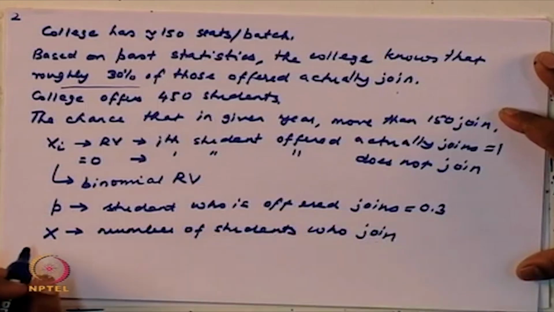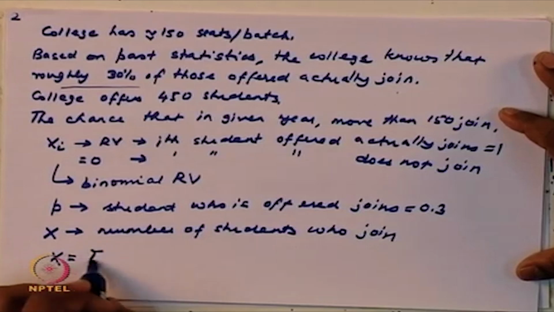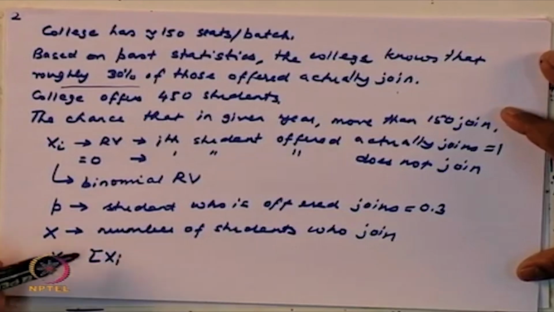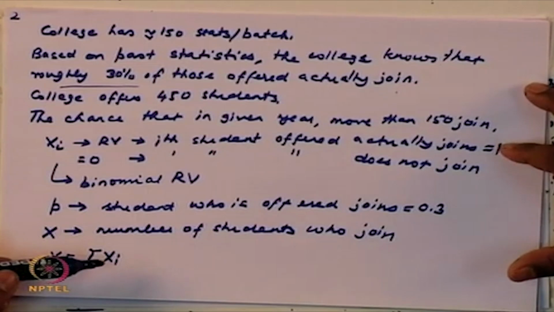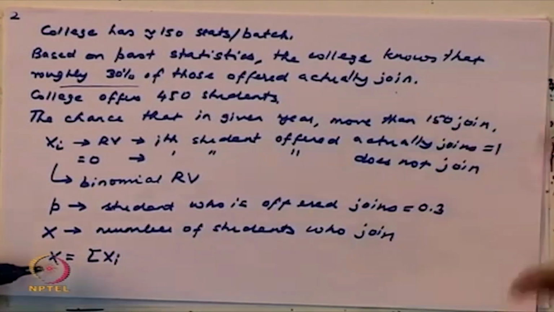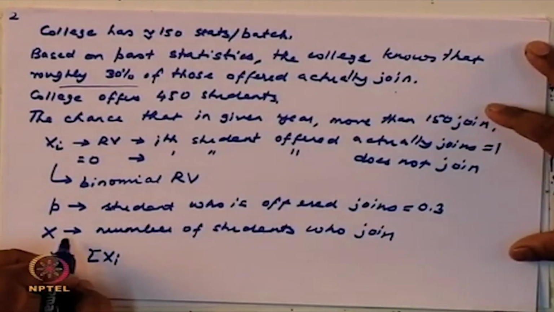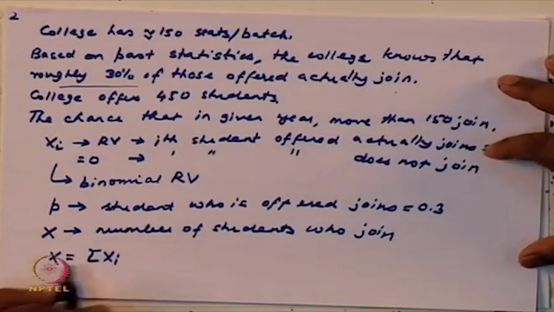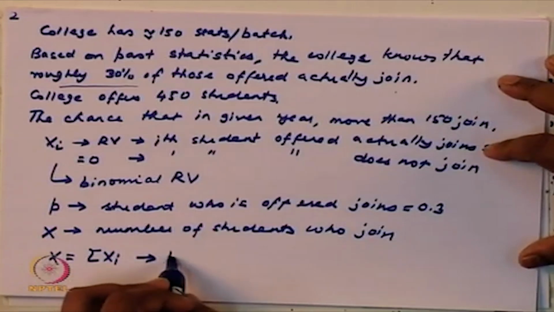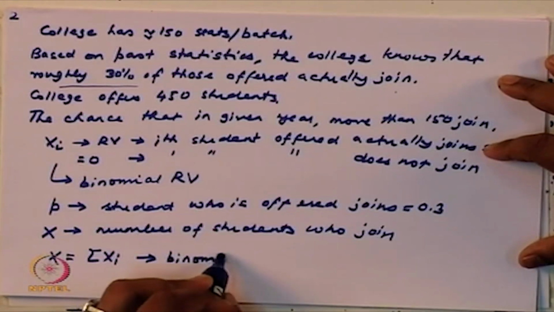What will be x? x I can write as summation of xi, because each xi is 1 if the student joins. So if I add all of them, then x is the random variable of the number of students who join. So, since each of the xi's is a binomial random variable, x will also be a binomial random variable